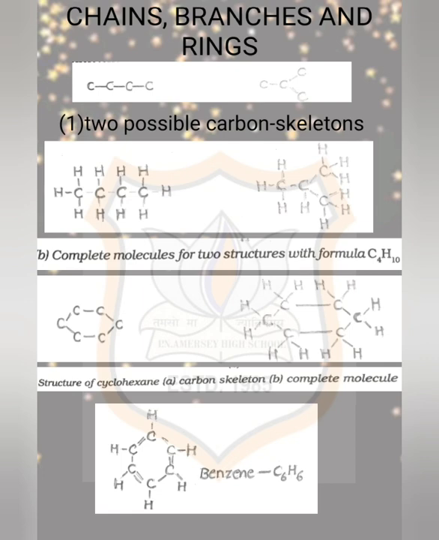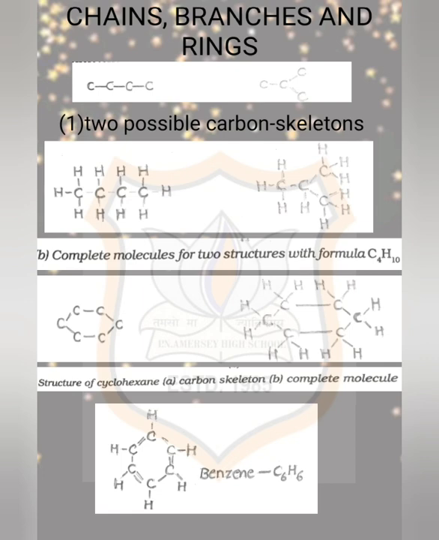Now, after discussing chains, let us discuss branches and rings of carbon compounds. For example, let us take another look at butane. The formula is C4H10. If we make the carbon skeleton with 4 carbon atoms, we see that 2 different skeletons are possible, as shown in the first figure. Here the first one is a chain, 4 carbon atoms combining in the form of a chain, while the other diagram shows the skeleton with a different way of attaching the carbon atoms.